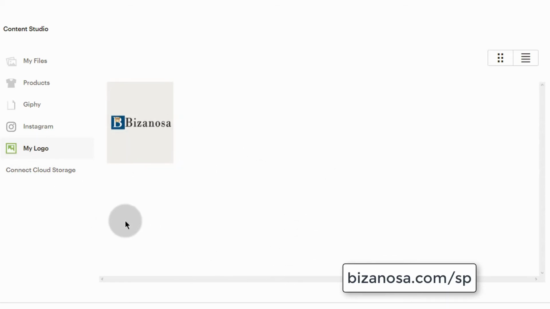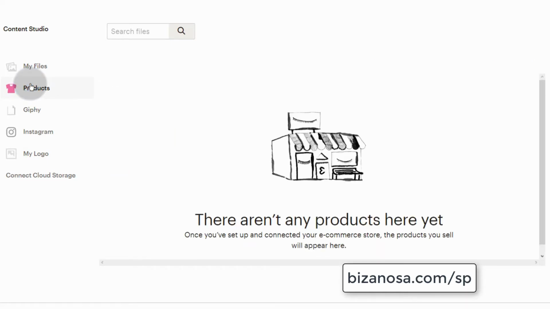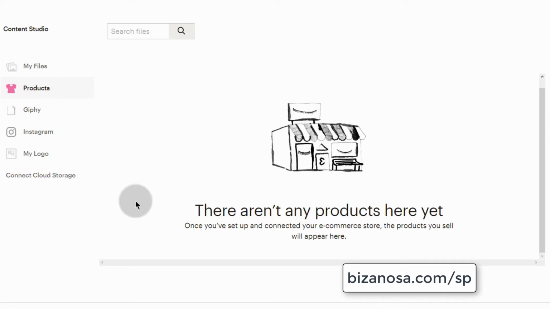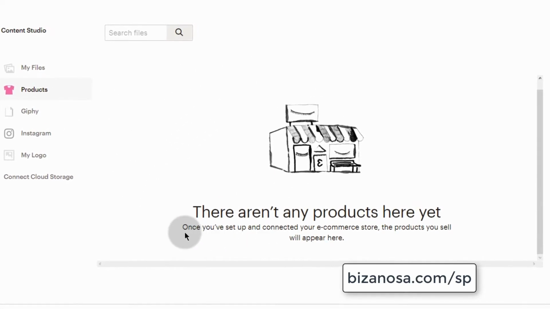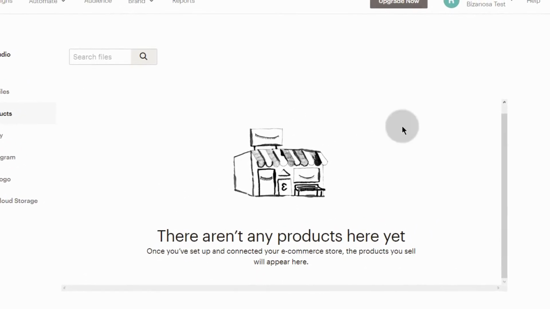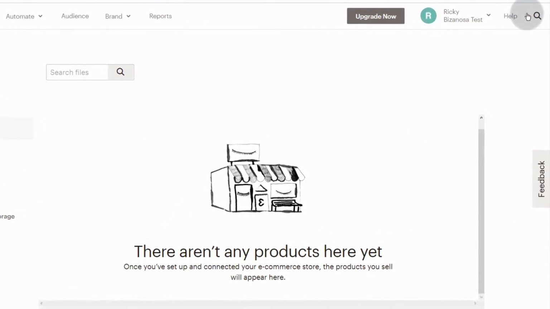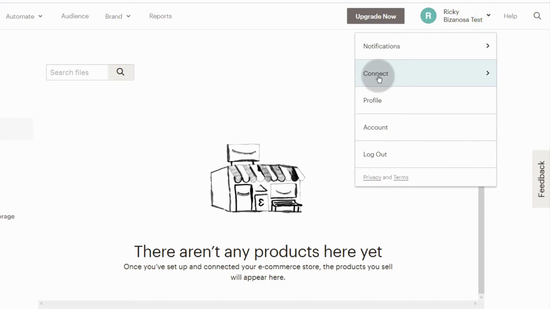So this is something I wanted to show you. The Content Studio is very, very important and very useful. You can add all types of files and use them in your template. You can even add products. So you can connect your store and your products will appear here. If you want to connect your store, it's usually under integrations, and you click on connect.